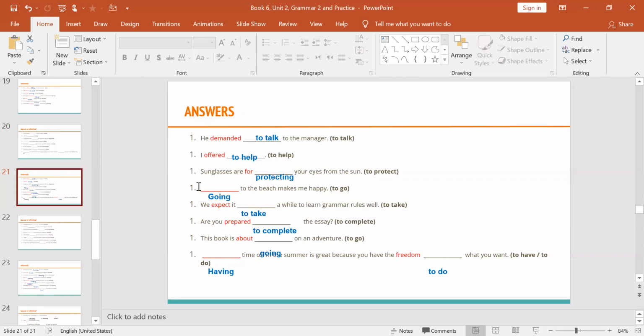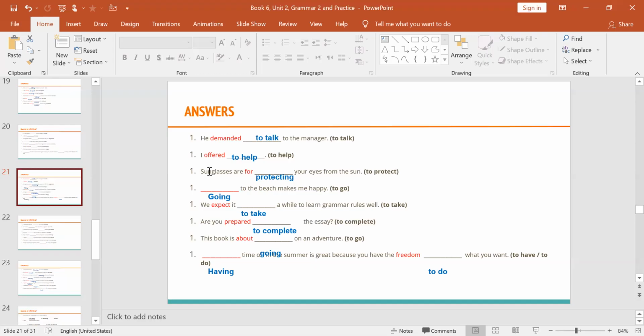Remember, in the subject of the sentence, you don't use the infinitive. At this stage, there are exceptions, but that's later on in your grammar journey. You use the gerund. Going to the beach makes me happy. The next one, we expect it to take a while to learn the grammar rules as well. So you use the infinitive there. Are you prepared to complete